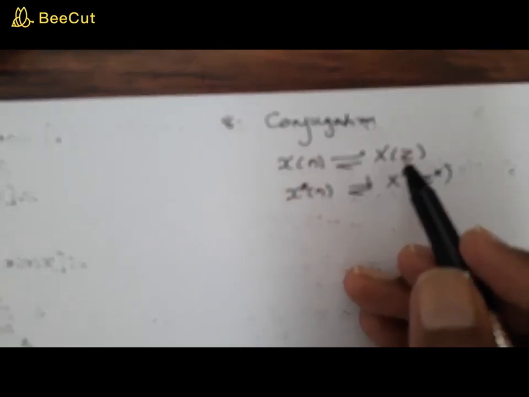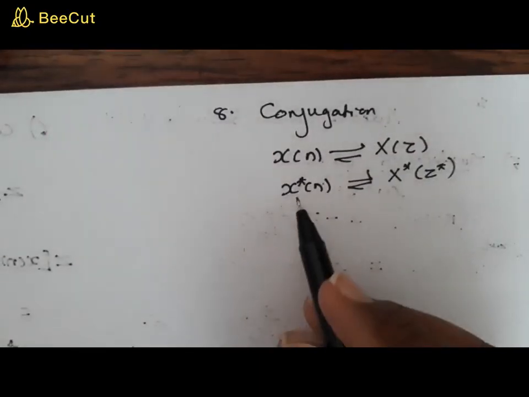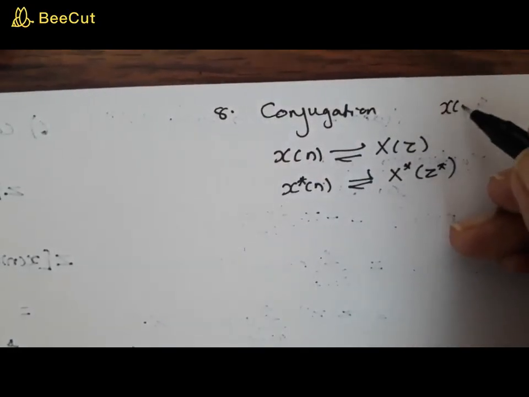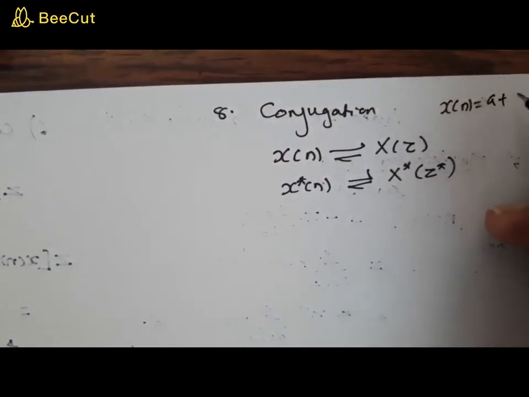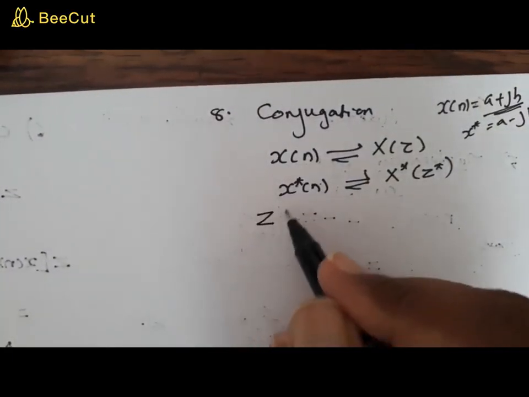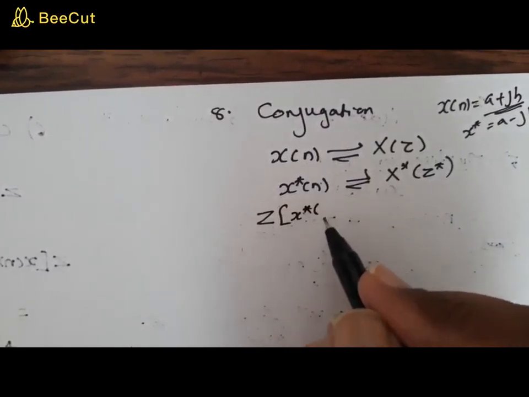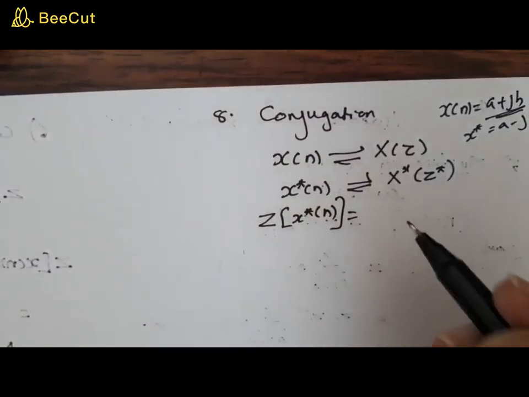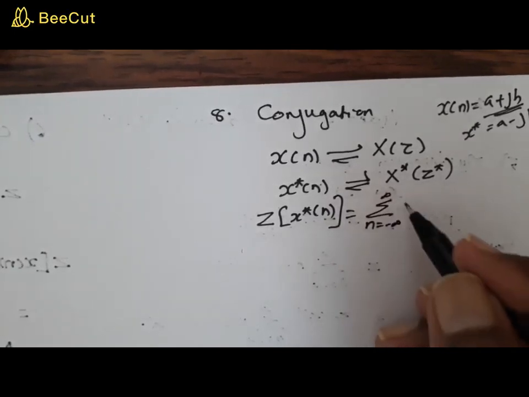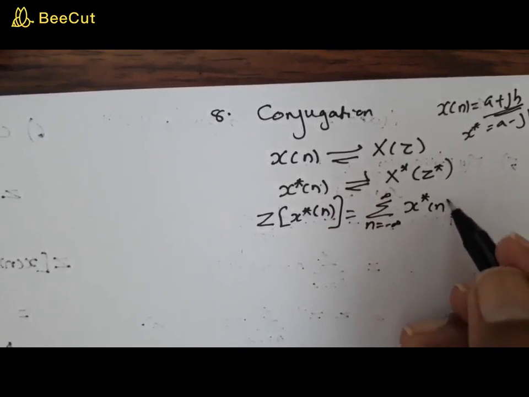You have x of n, whose z transform is x of z, then x star of n. This conjugation property applies when x of n becomes a complex signal of the form a plus jb. That means there must be an x star of n, which is its conjugate, of the form a minus jb. Now just straight away finding the z transform of x star of n: this will be sigma n is equal to minus infinity to plus infinity x star of n into z raised